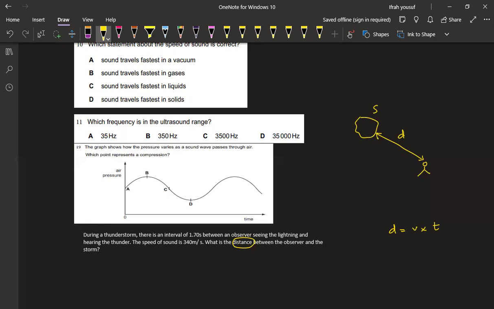There is an interval of 1.70 second between the observer seeing the lightning and hearing the thunder, right? So the distance is not given, but the time taken by the wave to reach the observer is 1.70 second, right? So we are going to apply this here. The speed of sound is 340 times